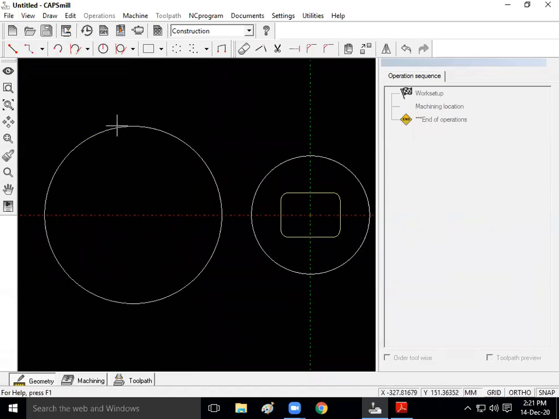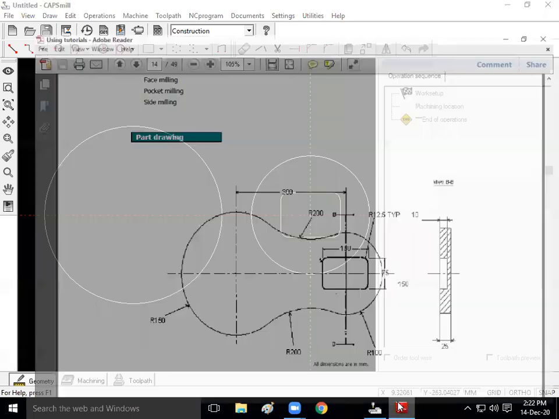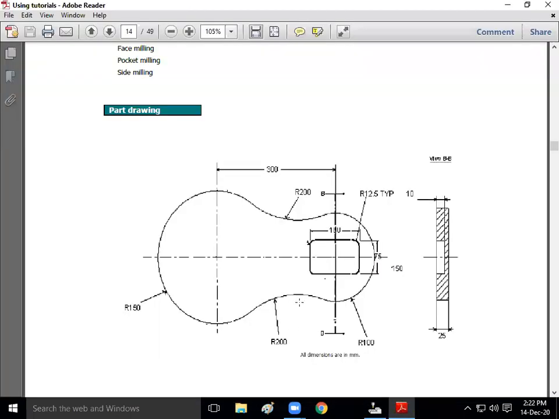So here you can see we have one circle of radius 150 mm and another circle of radius 100 mm. Now I need to join these two circles. Here a radius of 200 mm is given.